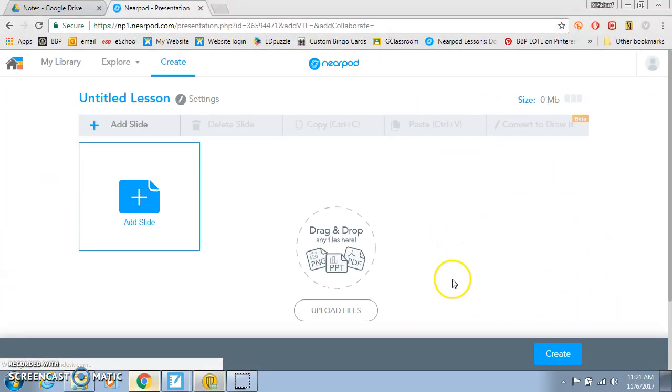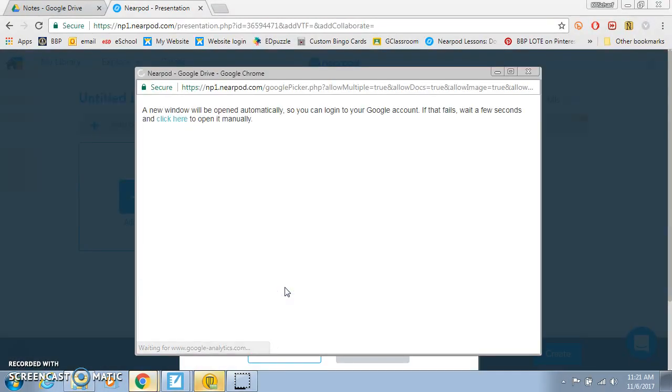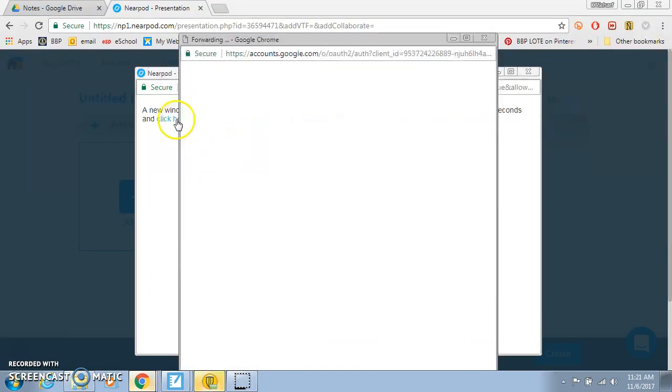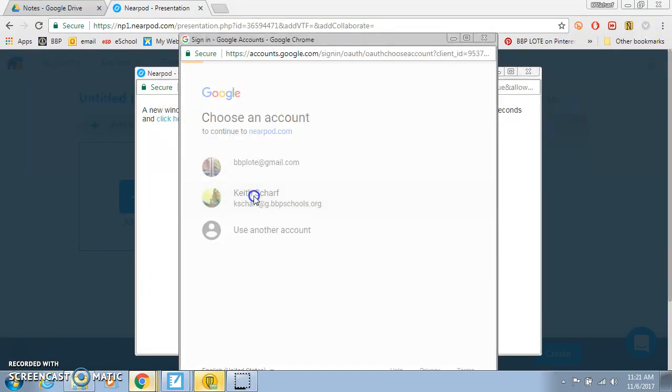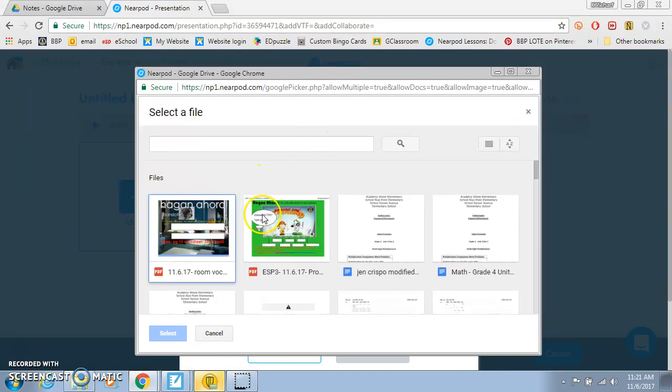go to Create, hit Upload Files, go to the Google Drive icon. It'll pop up which name do you want to use, your school Google one. Obviously, it's not what you save it to. Your recents are always right here. Sometimes you have to go through the files, but I would just click that one,